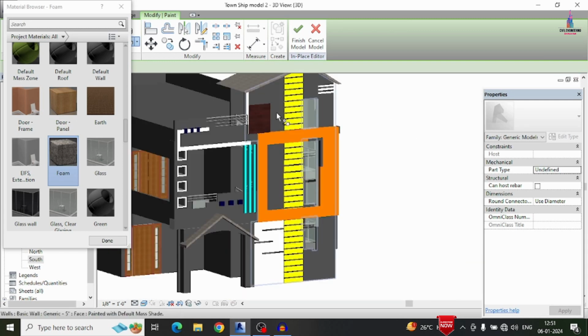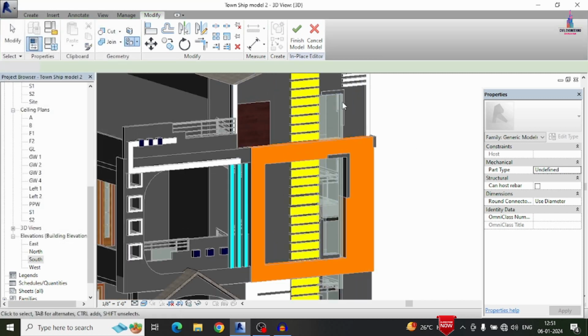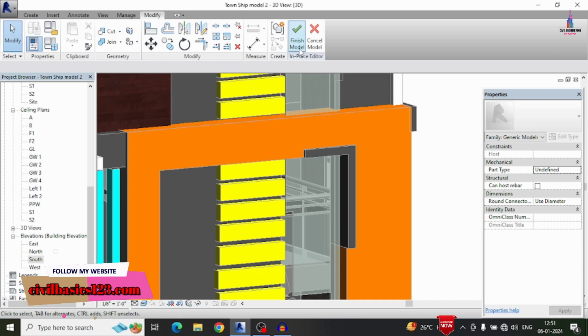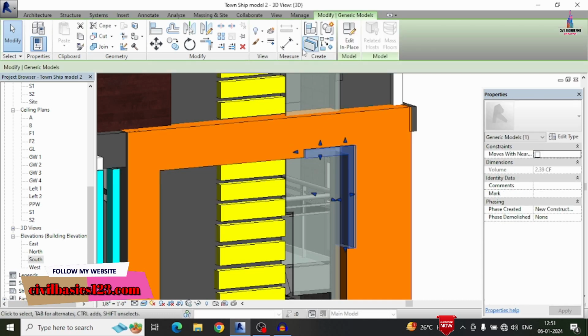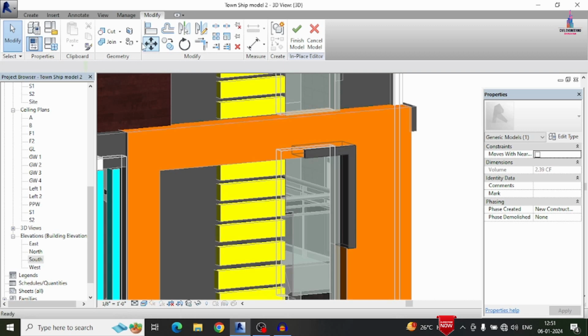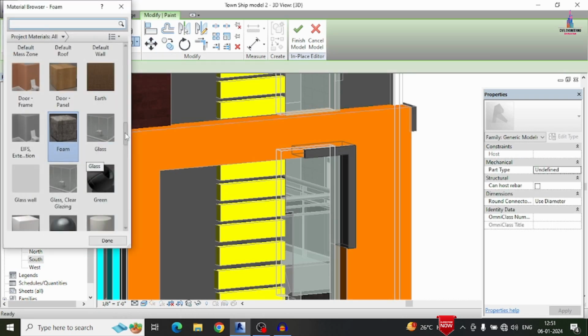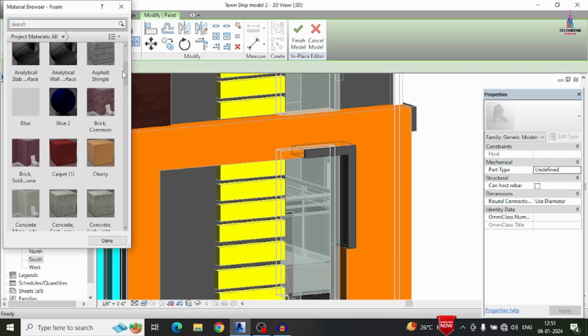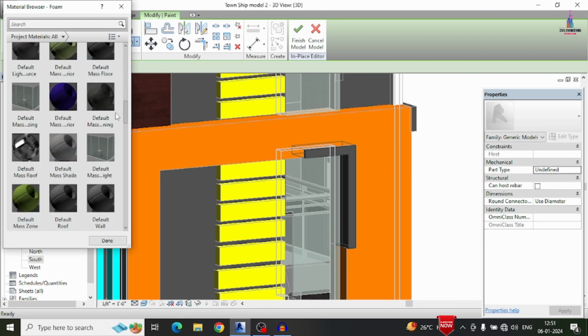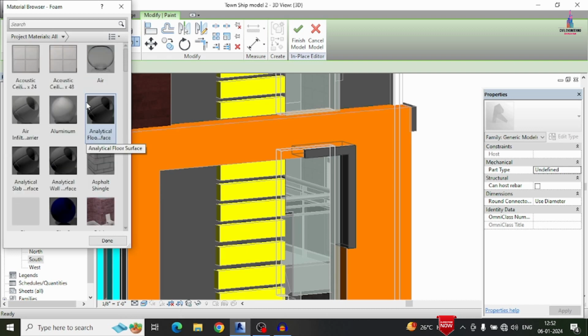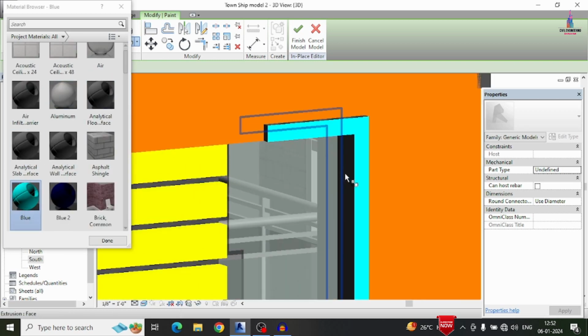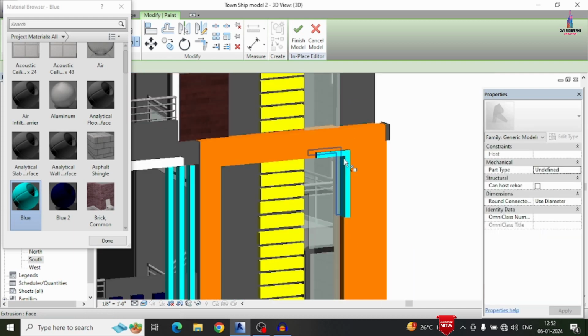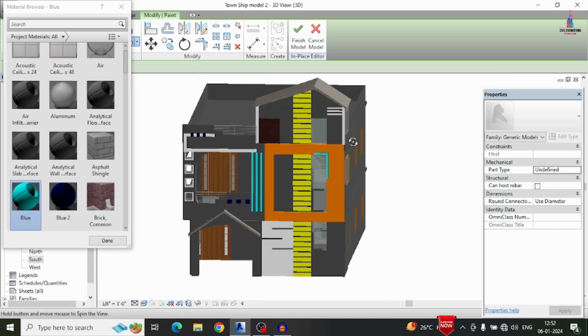Now we have to paint the background for this particular section. Before that we will paint these glass section portions. For that I am selecting this, click on edit in place. Why? Because these also come under your extrusions. Here I am selecting the blue color, which is a light blue color for the particular considerations. Click on this option. Now we can see it will apply the color pattern in this direction.